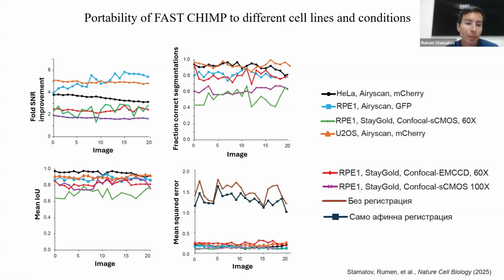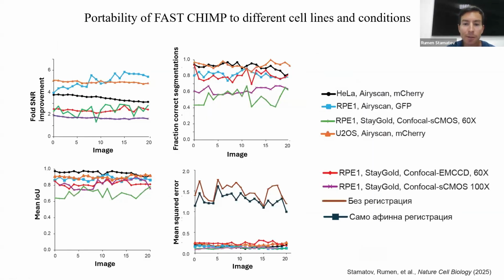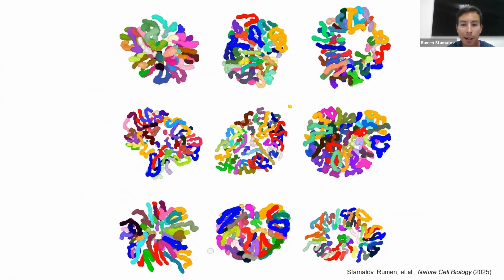Same is true for the intersection over union, other metrics like the fraction of correct segmentation or the mean square error. But what's amazing is that we can still do this. We can still, with a little more effort, do successful segmentation and tracking, even on these very different conditions. And this is just an example of 9 different cells, RPE cells,